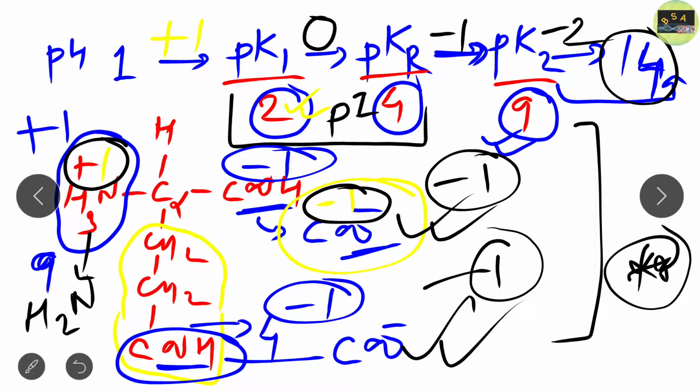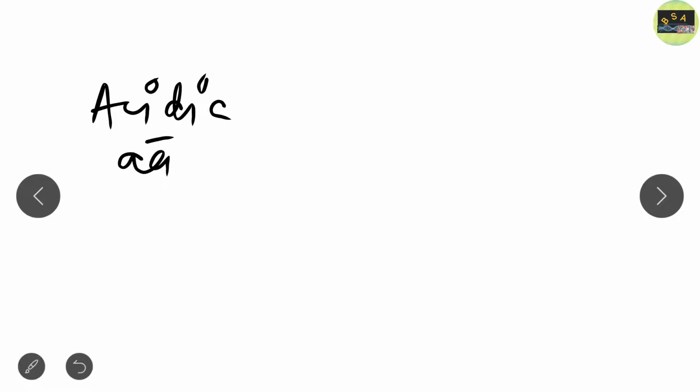Okay, now write down the formula for isoelectric point. Here we can see that the point where the charge becomes neutral, that is from pK1 to pKr, is the isoelectric point for acidic amino acid. So for acidic amino acid, isoelectric point can be calculated as